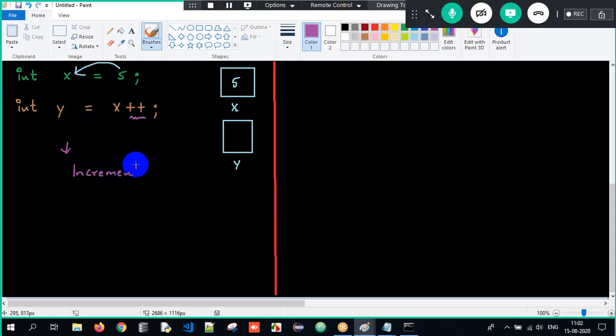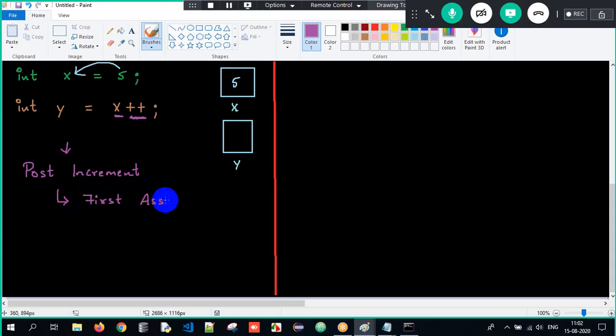Now when I say plus plus, it is used after the variable. Before the variable is pre, after the variable is post. So this is an example of post increment. Why? I am using plus plus, it's increment, but I am using it after the variable, so it is post increment. Post increment has a mantra. Now it has one rule. What is it? First